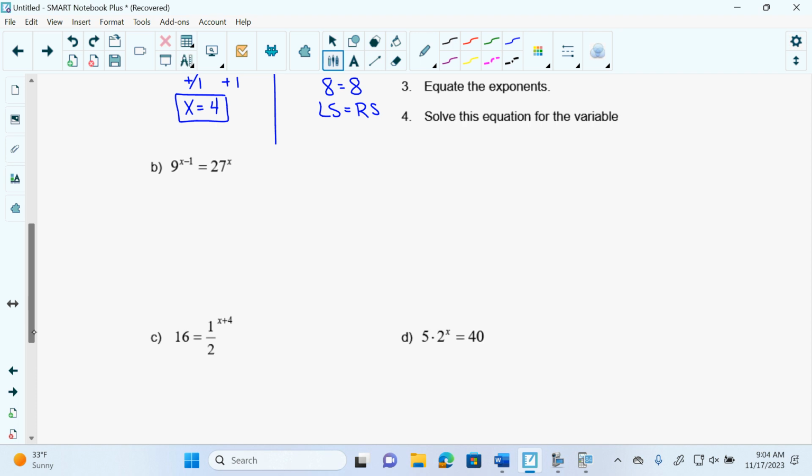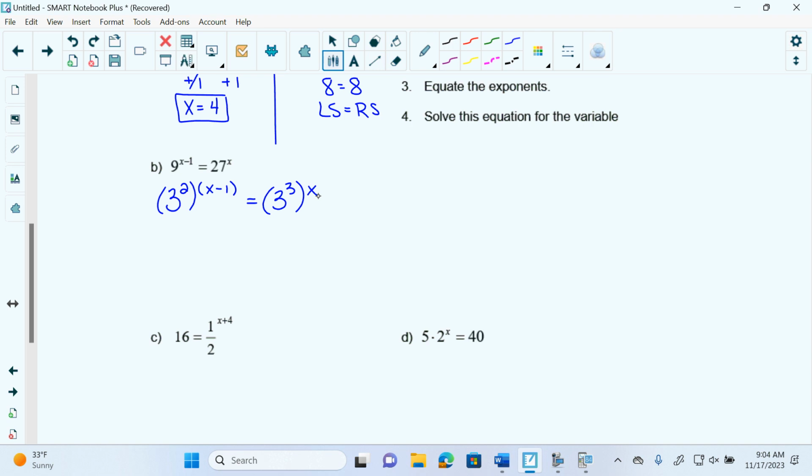3. Can't make them both be 9 because 9 squared is 81, right? Remember, we have to make it a base to an exponent, not multiplication. So some people say, well, 9 times 3 is 27. Cool. But we want to make it the same base. So we can go 9 is 3 squared. And then I always put my exponent in brackets so I don't forget to distribute. And 27 is 3 cubed